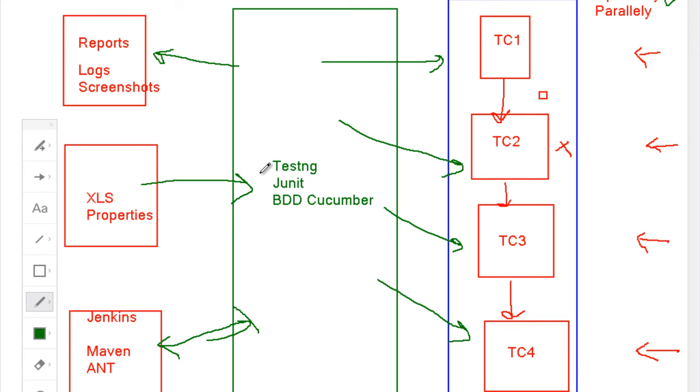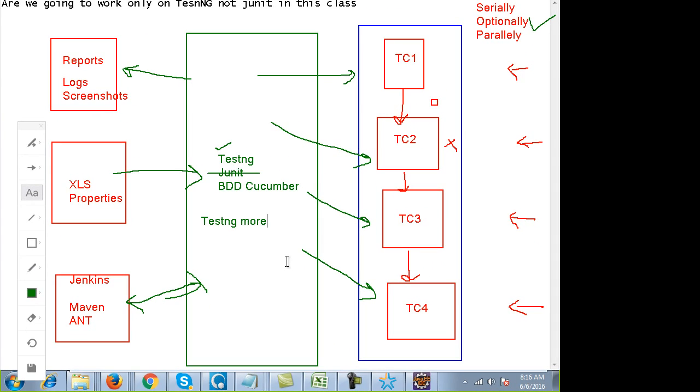Now, in this training we will be taking TestNG, we will not be taking JUnit. There are a few reasons: TestNG is more popular with Selenium. A lot of companies have started using TestNG with Selenium, because you can generate better reports in TestNG.